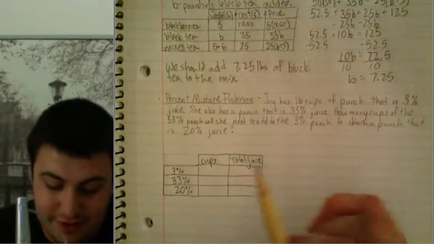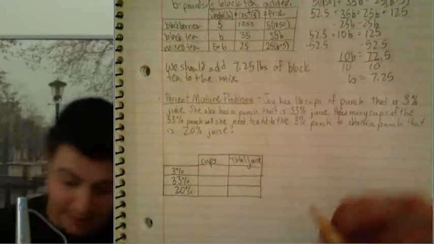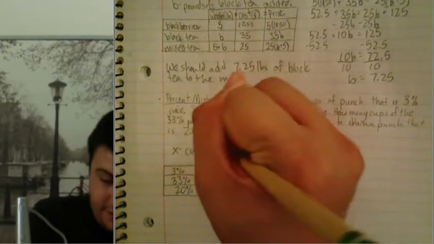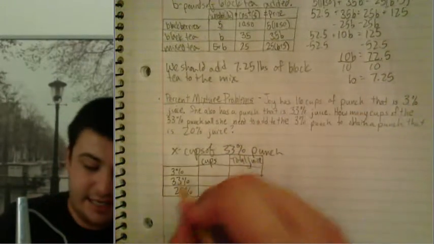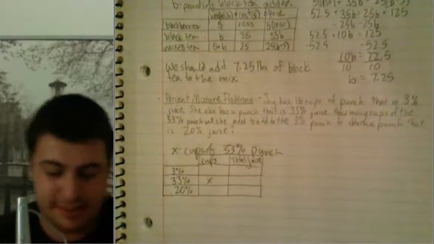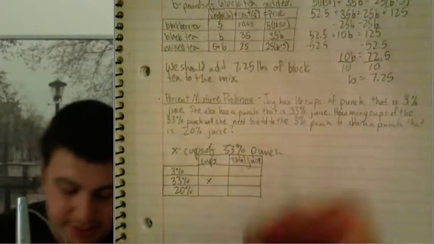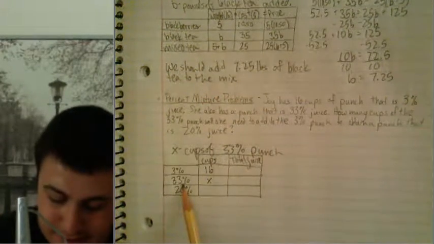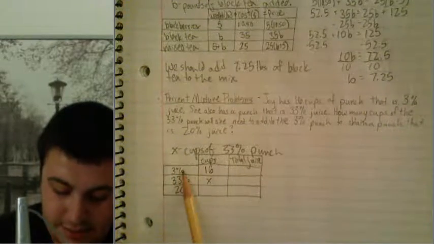So let's see. What do we need to figure out first of all? How many cups of the 33% punch will she need to add? Let's just use X being the cups of 33% punch. Joy has 16 cups of a punch that is 3% juice. She also has a punch that is 33% juice. How many cups of the 33% punch will she need to add to the 3% punch to get a punch